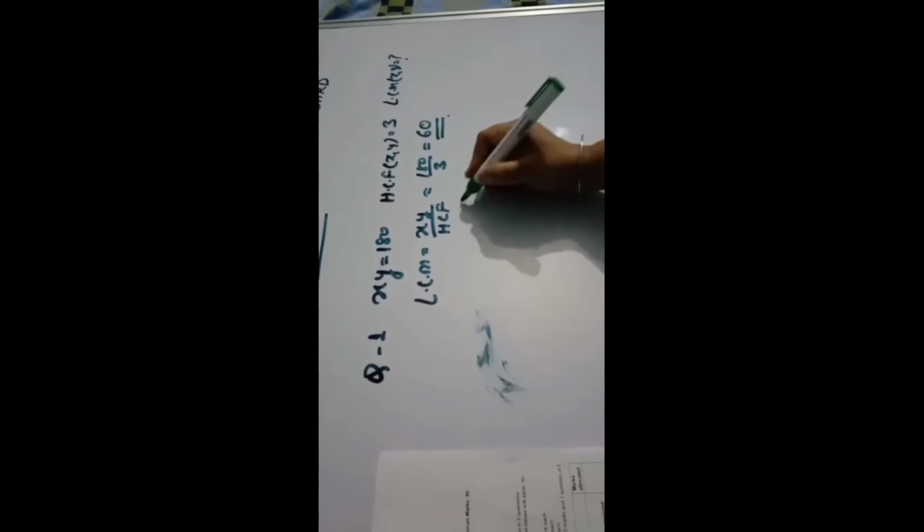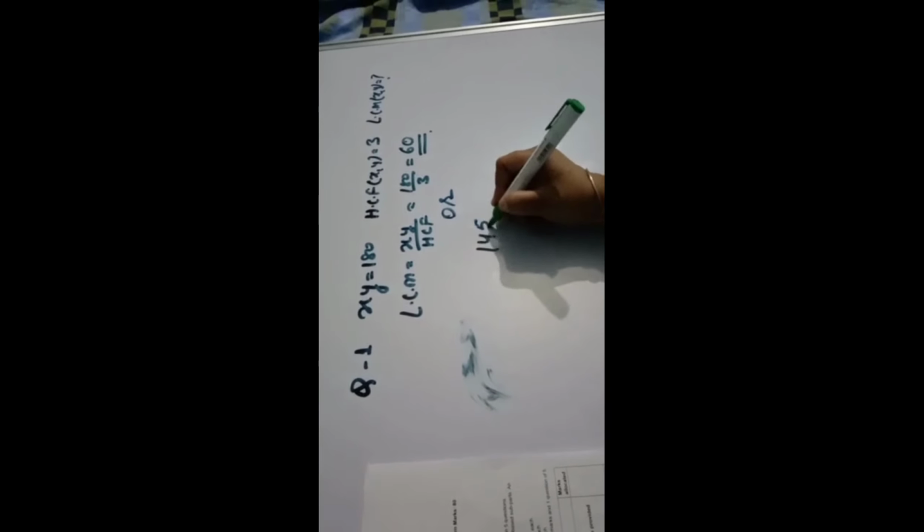Question number 2. Option 1 is there, or you can do this question also: 14587 over 2 power 1 into 5 power 4. You have to find after how many decimal places the decimal representation will terminate. The easy way to do this is that you will see the power of 2 and 5. The power of 2 is 1, the power of 5 is 4. You will take the highest power, which is 4 of 5.